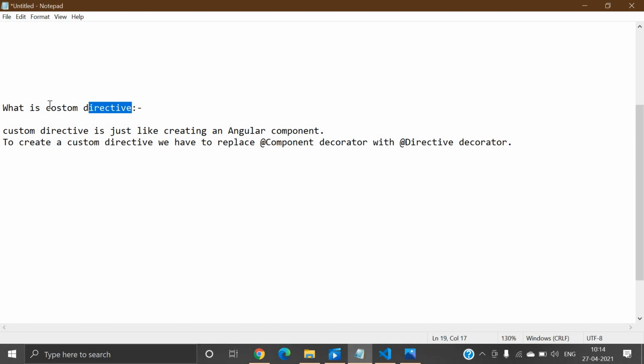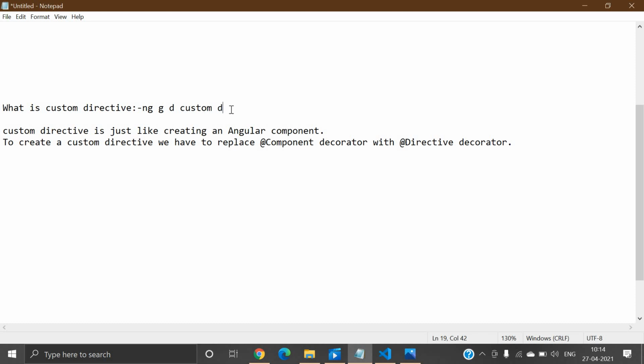You can create a custom directive with the help of ng generate d, for directive, and a custom name, right? Once we create a custom directive, we can use it anywhere in our project, right?